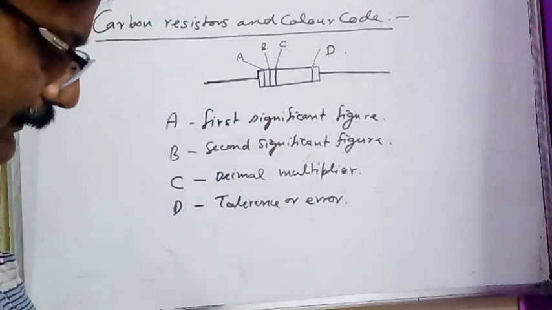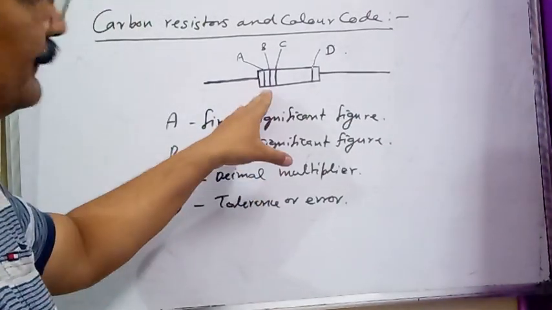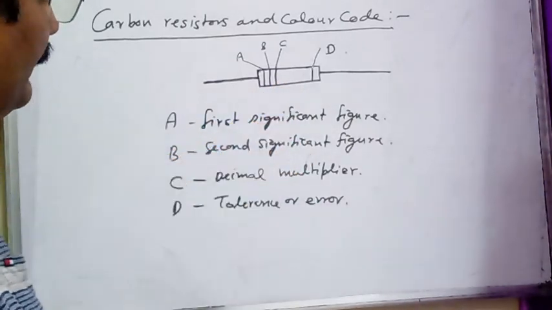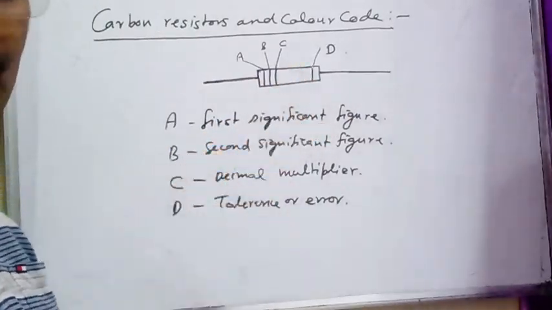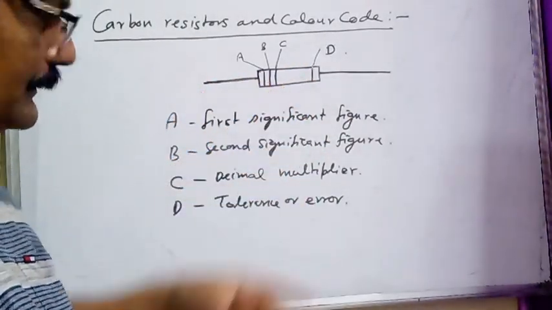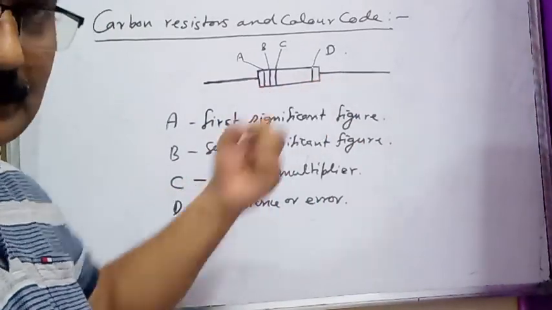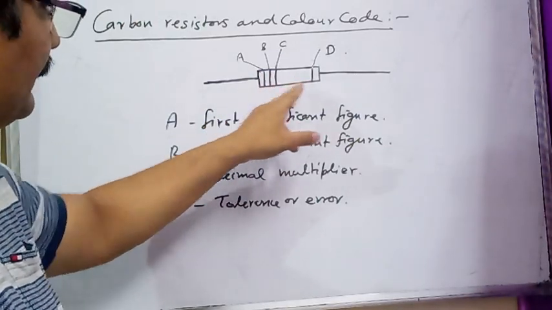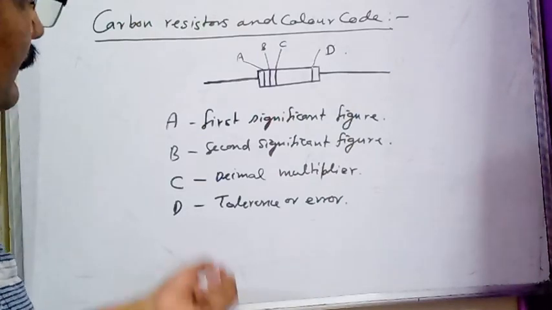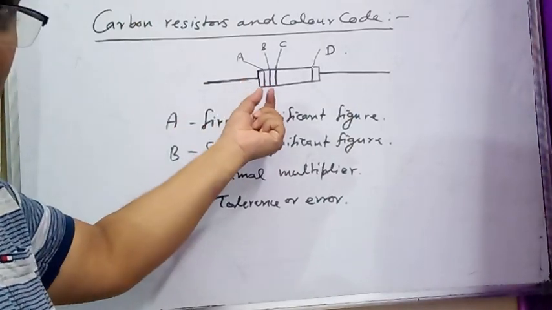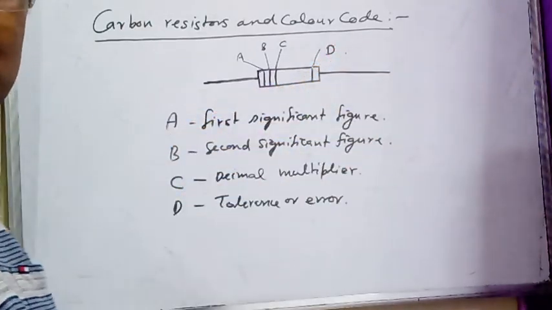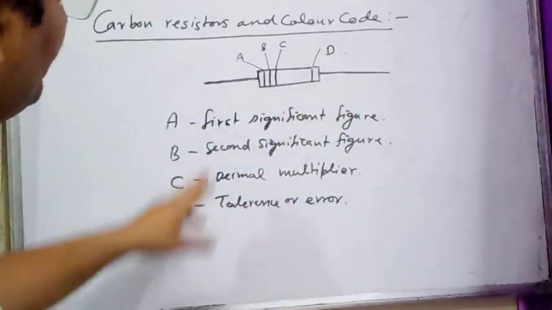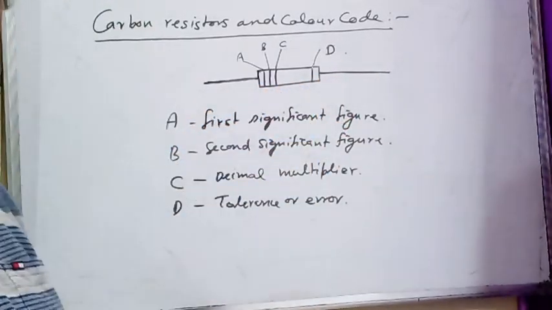If you open or if you have seen the circuit board of a television or computer or any other electronic device, this type of resistances are used. So what are the advantages of this carbon resistor? Carbon resistors are very small in size, and with the same size or same dimension they can have very small values of resistance as well as very large values of resistance. Starting from the order of milliohm to million ohm, resistance can be made with the help of this mechanism.